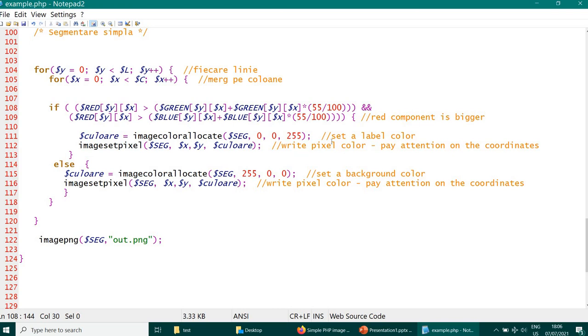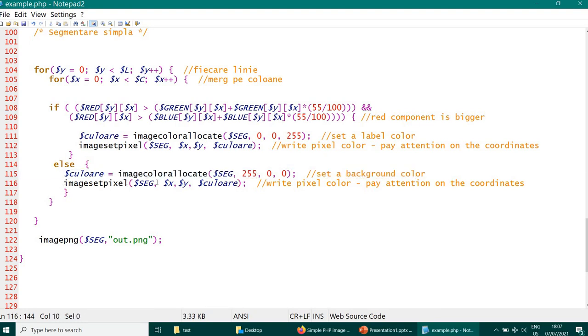And then I set the label color for the segmented image. Let's say here it is blue, and set the pixel in the output image, which I name seg, the segmented image, at each coordinate, with the color blue. And for the background, the color is red.